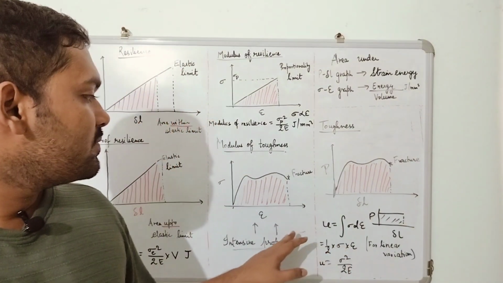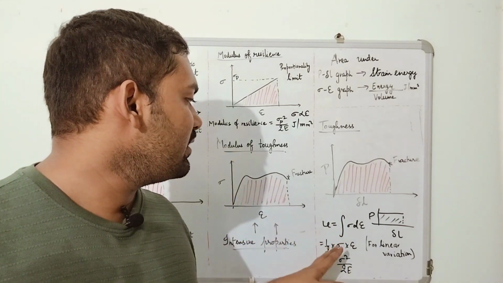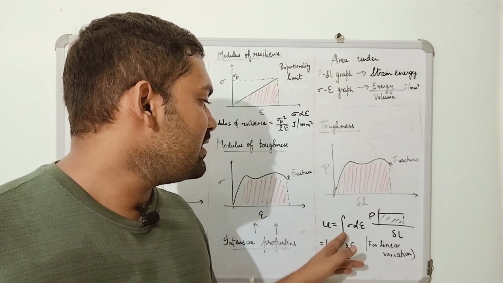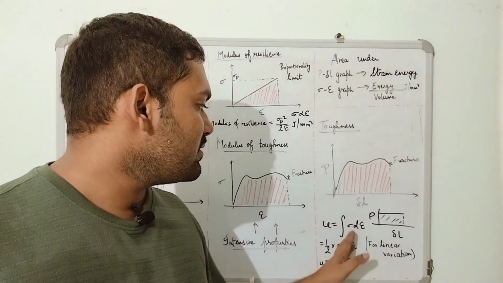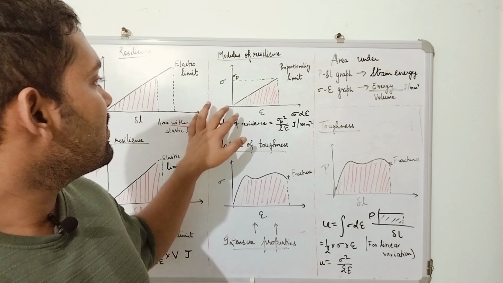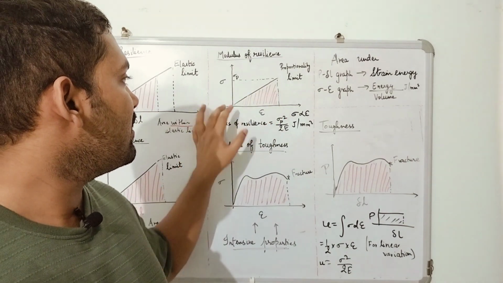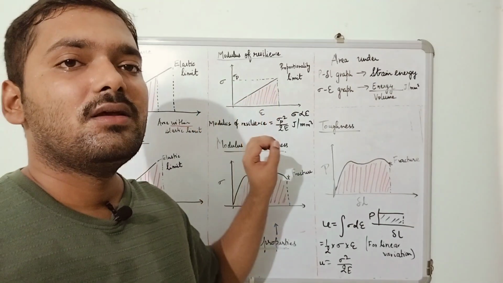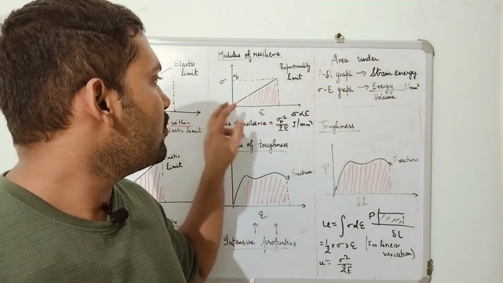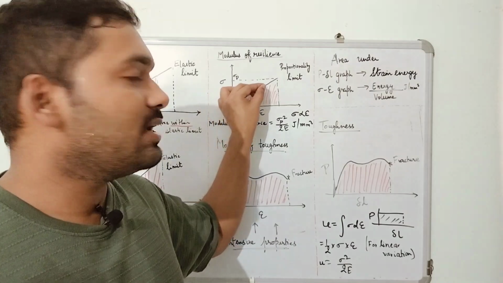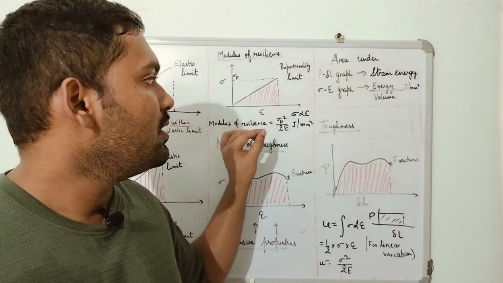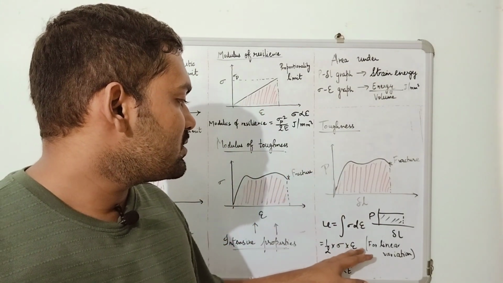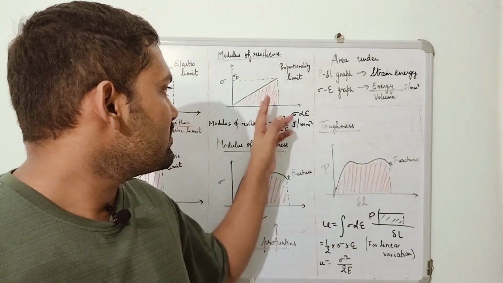So before understanding that, let's say what is strain energy density. It is the area under the stress strain graph. So suppose that this is the area under stress strain graph, and this graph is following linearity. Why? Because of Hooke's law. Due to Hooke's law, this graph is showing linear variation passing through origin. So we can take out the area of this triangle, which I have done here, half into stress into strain. This is the area of this triangle, and